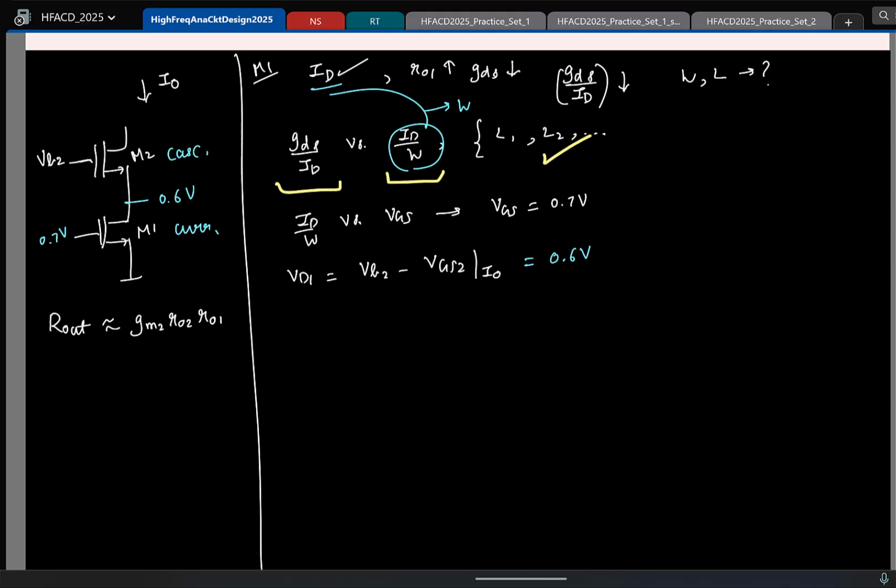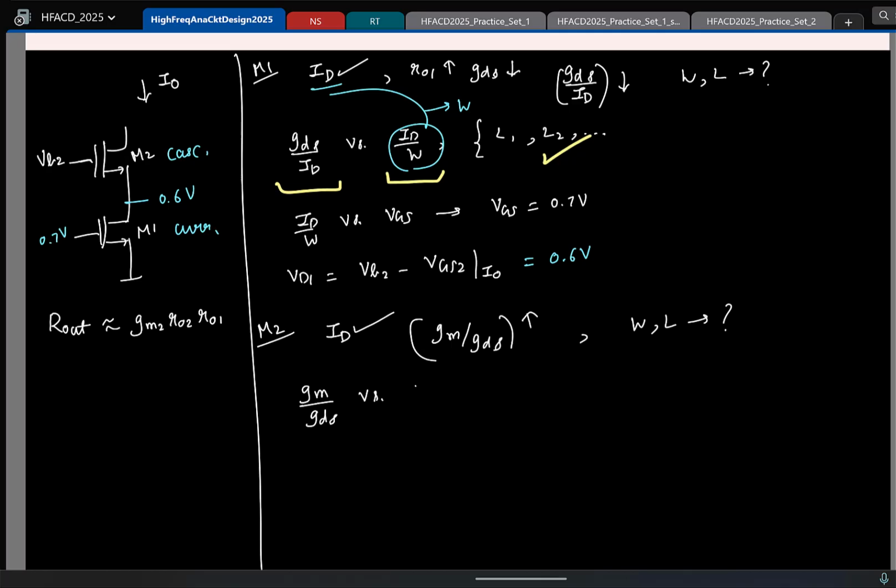Okay, so quickly let's do M2. So let's say now I have to design M2. For M2 I know the current ID. From the output resistance, what is the information on M2 I have? I know that my gain must be large, correct? This must be large. I need to find the width. So I need to find these two fellows. So which parameter do I look at now? I look at GM by GDS versus,